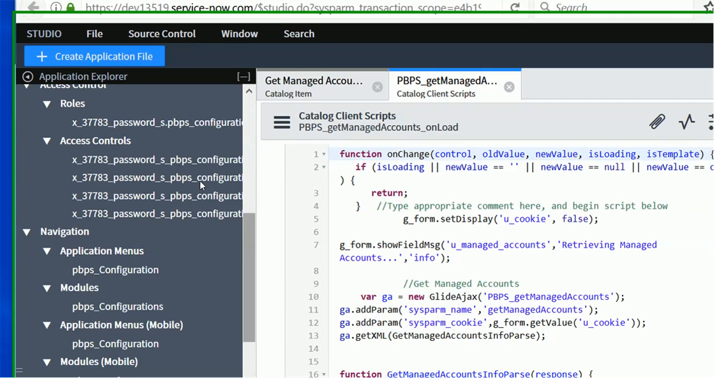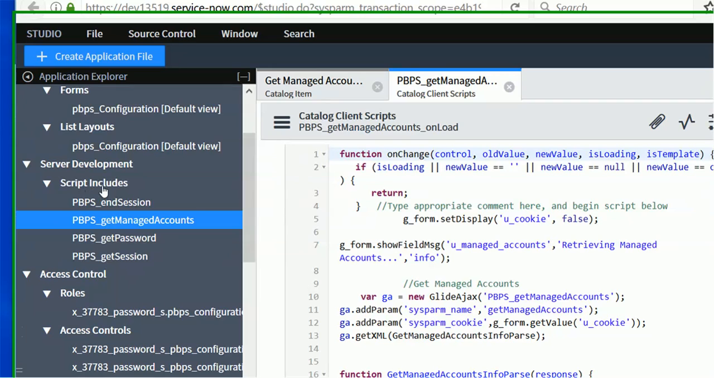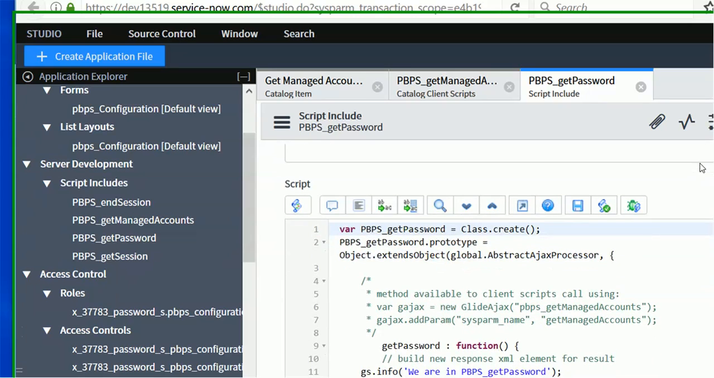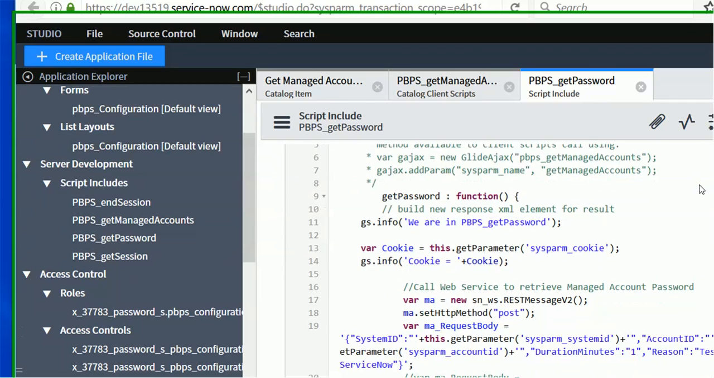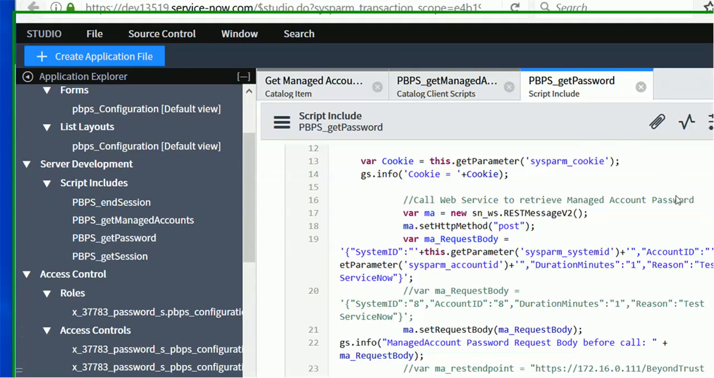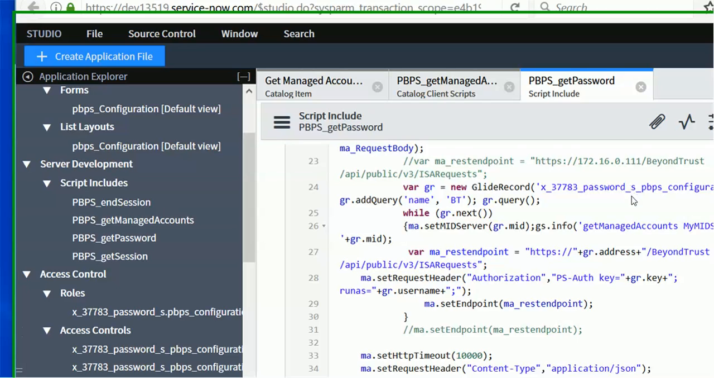And I can take a quick look at these, but if I look at those script includes, there's a get managed account, get password. If we take a look at the get password, it's basically retrieving information that we got from the first call about the session information. It's also retrieving from a configuration table the key, the unique key for the API access that has been created in password safe for my service account that I'm using for my ServiceNow application. But I can also see it dynamically builds a REST call to be able to submit a web service request to the REST API of password safe and retrieve the information,